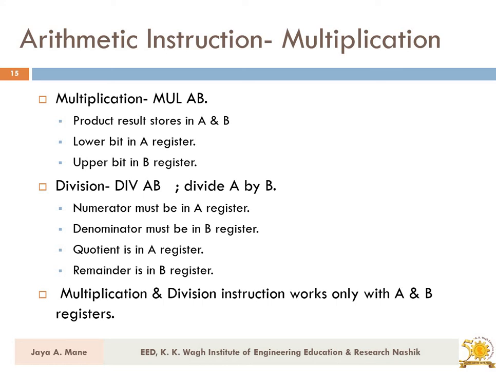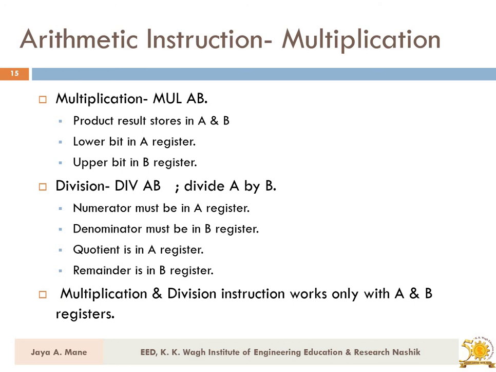For this you have one word, MUL, that defines multiplication, and you have two registers for it, that is your A and B. Again, this is restricted to the A and B registers. You cannot perform the multiplication operation on any other register. So if you want to perform multiplication on two numbers, we have to get those two numbers into the accumulator and B register. So we perform the operation in these two registers. So, multiply A and B.